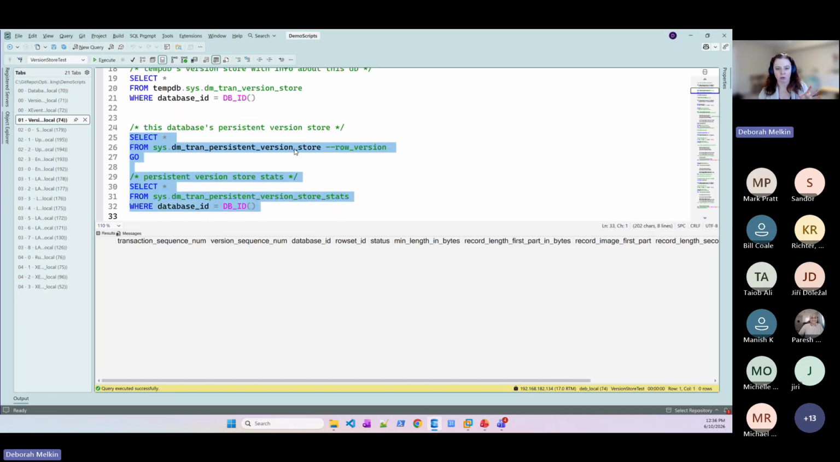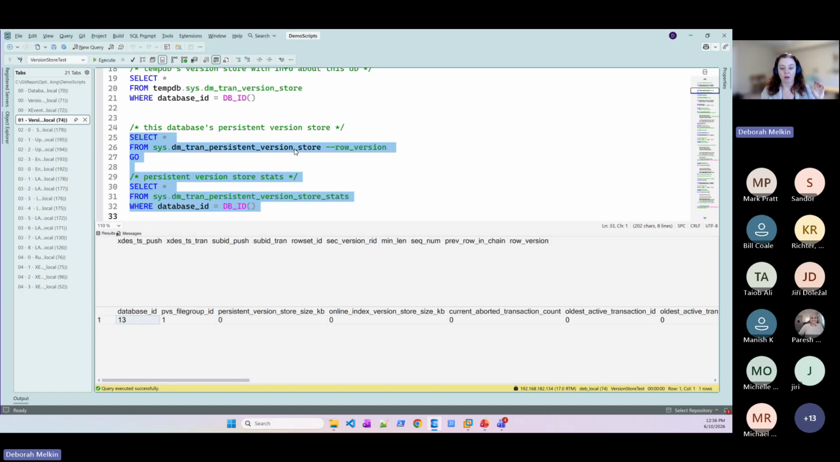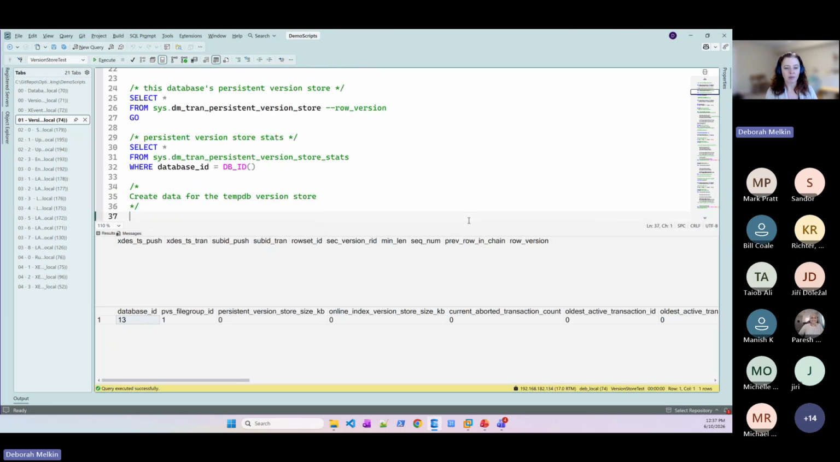There are two different DMVs I'm using. One is the persistent version store, and the other one is the version store stats. Even though I don't have ADR turned on or optimized, I still have persistent version store stats. Everything is 0, but I can still get that just because I happen to be on a version of SQL Server which has accelerated database recovery. If you are on 2019, you should still be able to see stuff. There may be more information added with additional versions, but right now you would still be able to see this DMV. So now let's create some